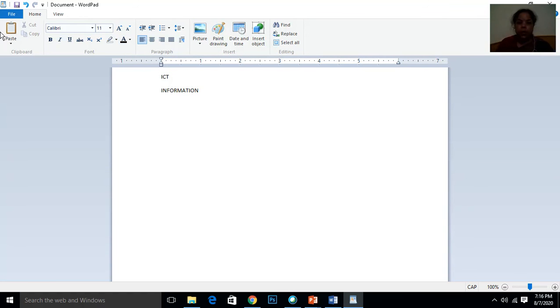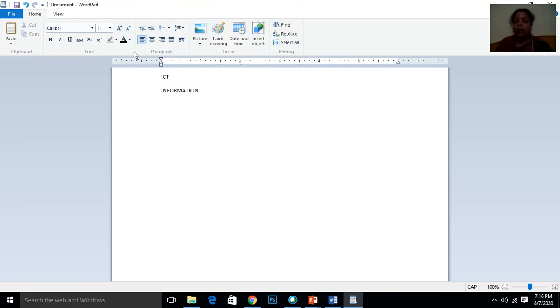You can see this is a group. You can see the Clipboard group, Font group, Paragraph group, Insert group, and Editing group. And in each group you have different options.